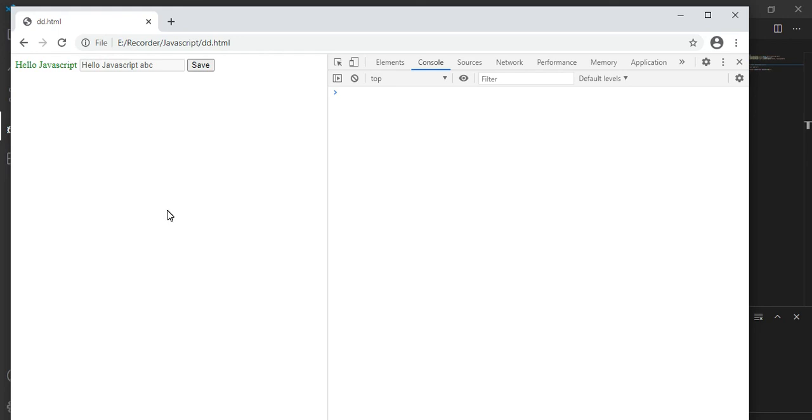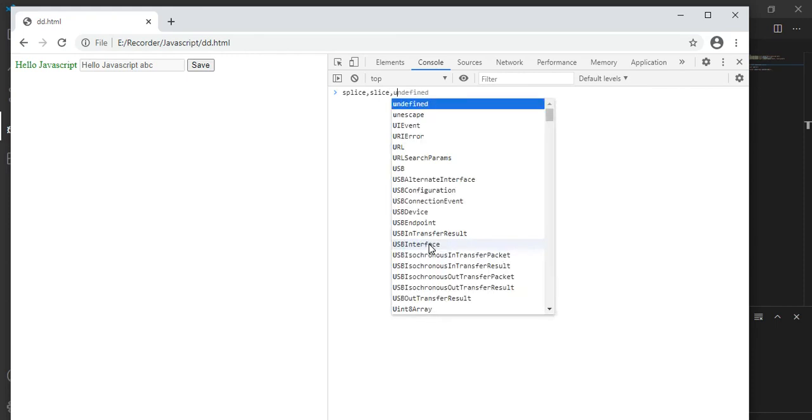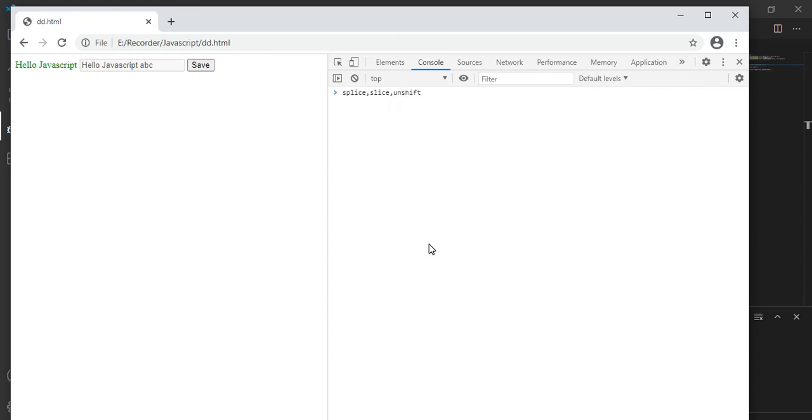Now using JavaScript you can play around with objects, arrays, you can also use loops, switch case, data types, correct? I would also request you to play with some array functions, like splice, slice, unshift, shift, pop, push.